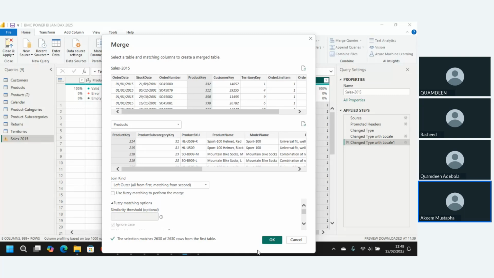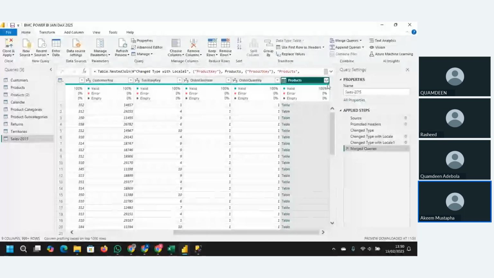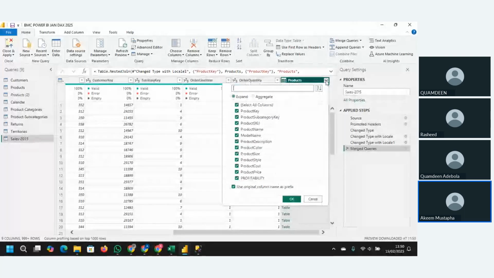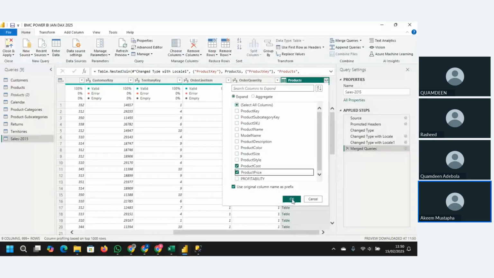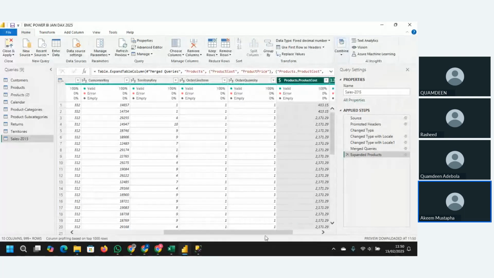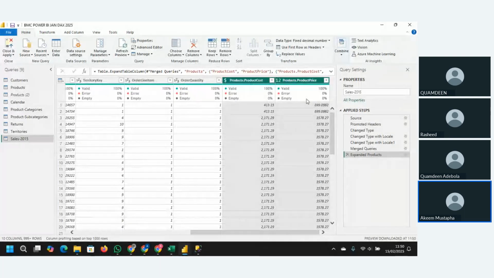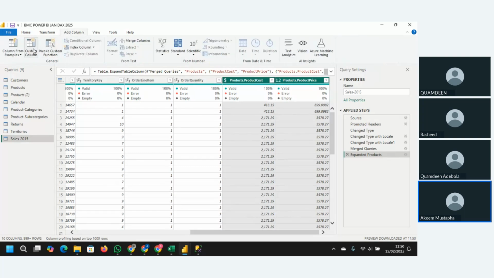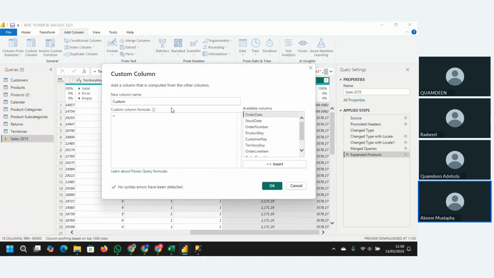So it's okay. Now you can see that we have the price there. Check this. We only need the cost and the price. If we need only these two, click OK. You can see that we have the product column here now. So as it is now, you can say, okay, we want to know the total sales that we made and total cost on each. Click on add column, add custom column, and you can say, okay, our new column,